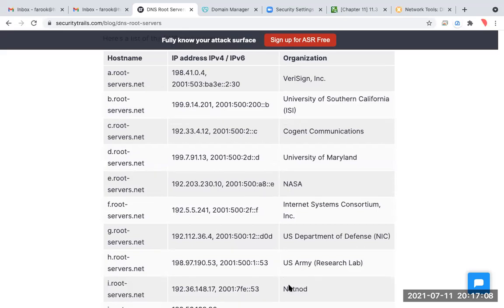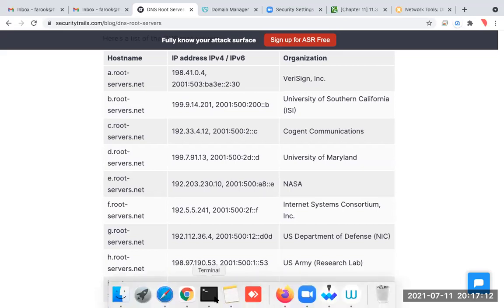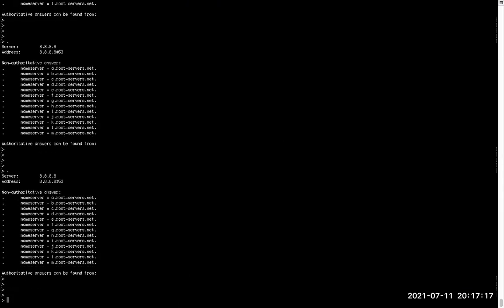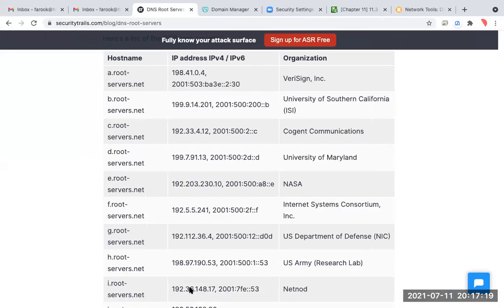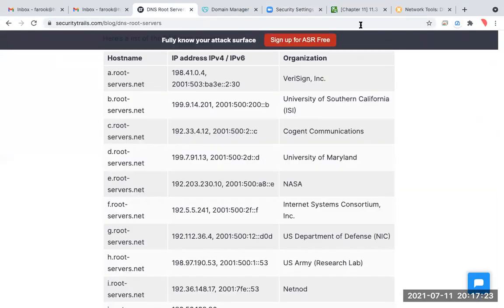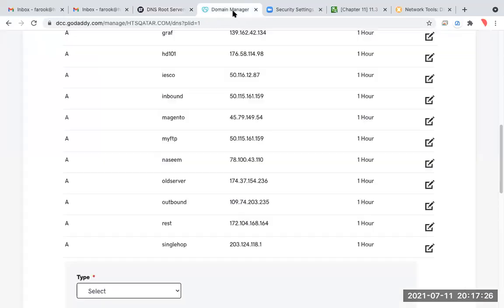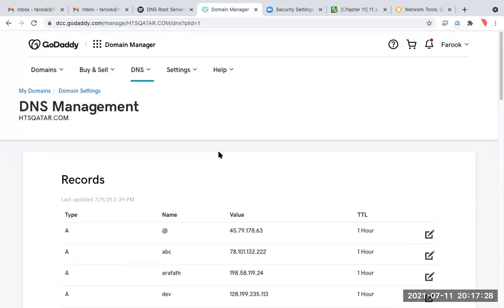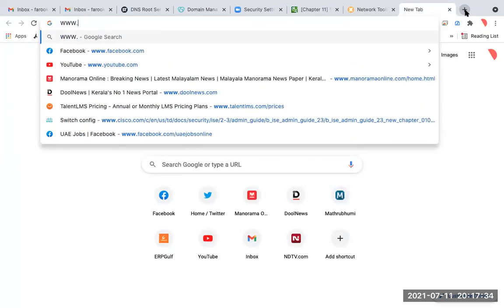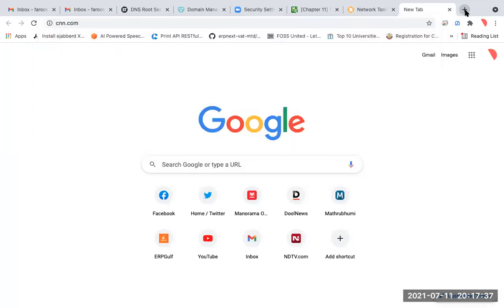So now you found how to find this on NS lookup. And you also found how GoDaddy and others store your records. This is the DNS that GoDaddy and others hold as a record. Now when you are typing on the internet, it comes like www.cnn.com, and it will give you a response.